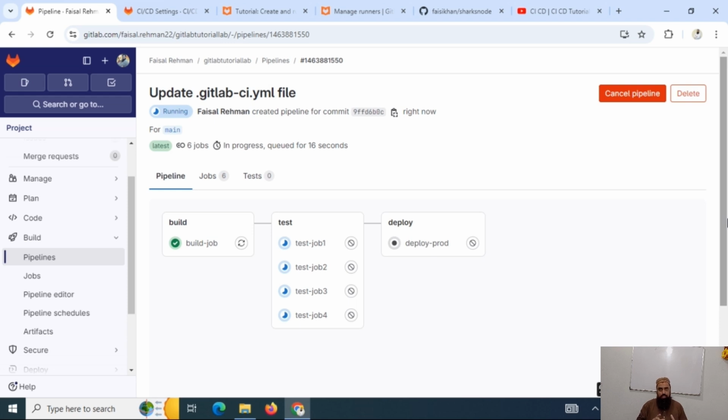everything is almost the same. If you know GitHub Actions CI/CD and YAML well, then you can add stages, you can add tests, you can add deployments in GitLab CI/CD. So you can see we have a total of 6 jobs, and after each job is completed, our pipeline moves toward the next job, and that's how we can also click on each job to see the logs, to see the